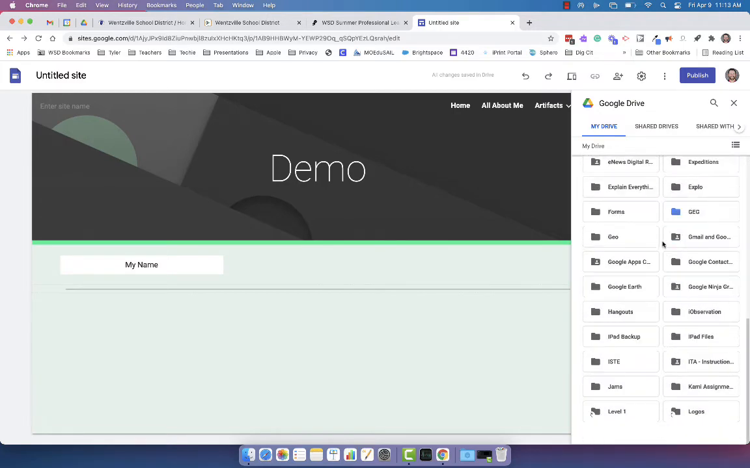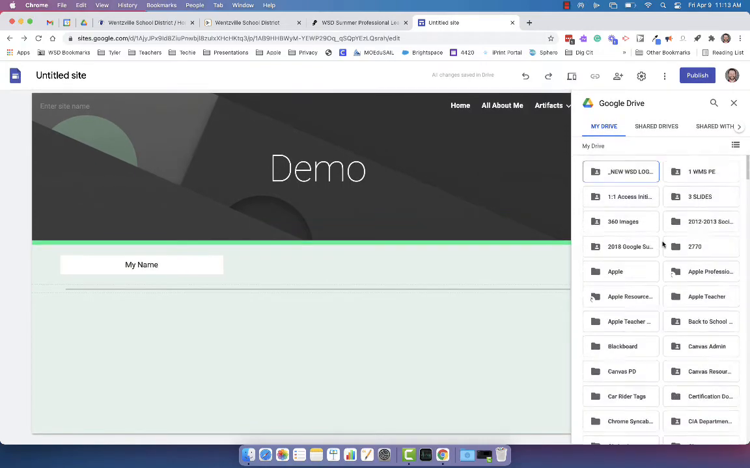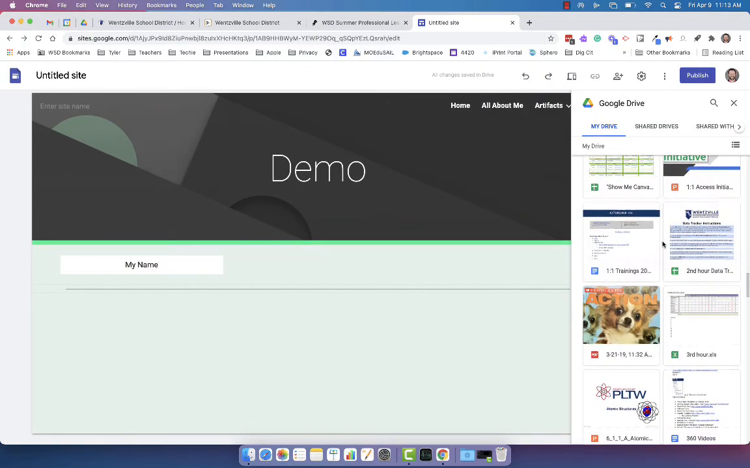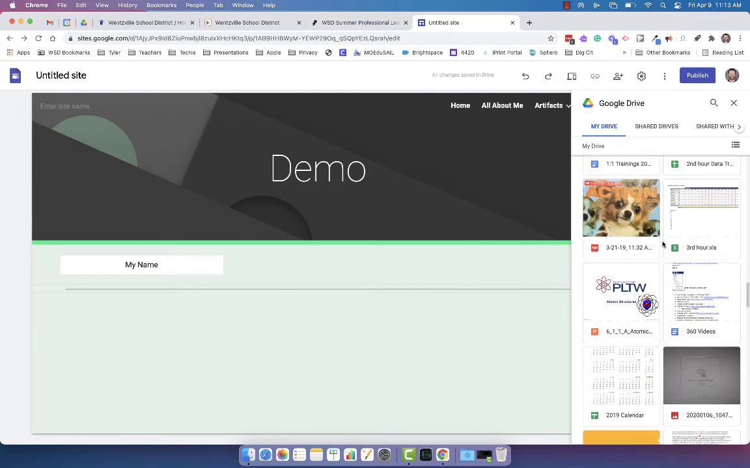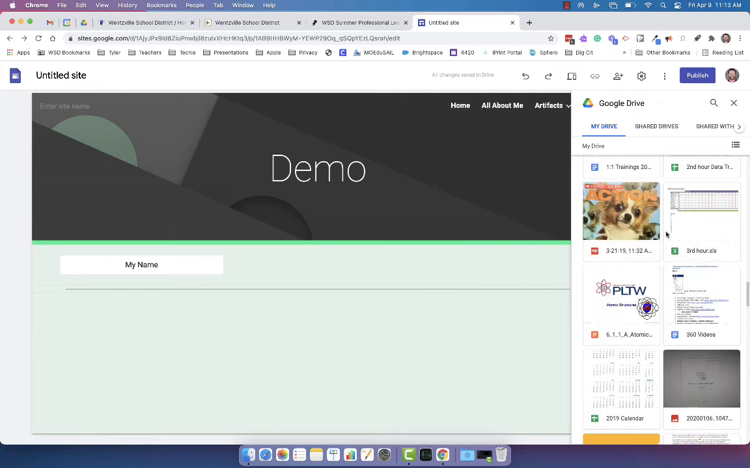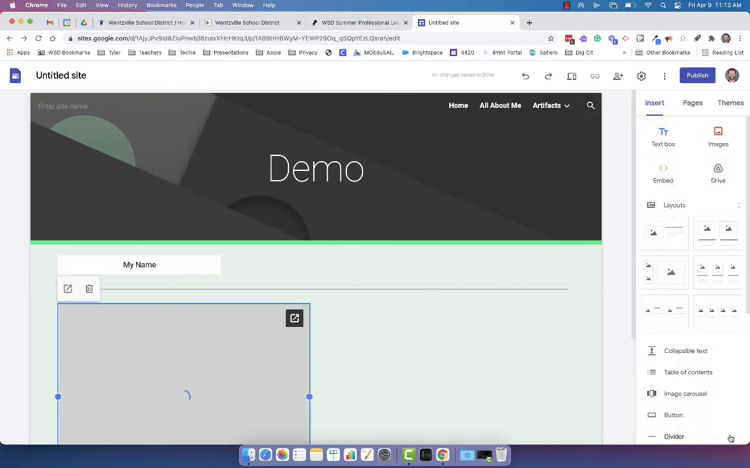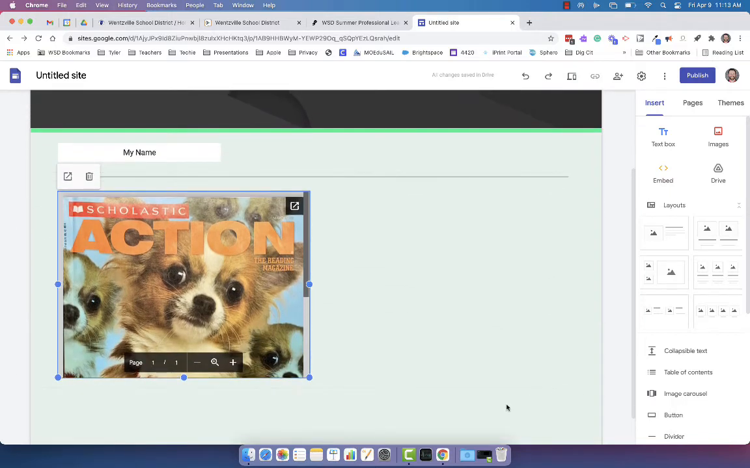And so this is now looking at my Google Drive here in my folders that I have listed, and I'm sure I have some stuff down here at the end. Looks like I have a picture of a Scholastic Action magazine here with a picture of a dog on it. Let's say I want this on my drive. I can actually click on it, and then I can insert, which appears here. So I'm going to go ahead and click insert,